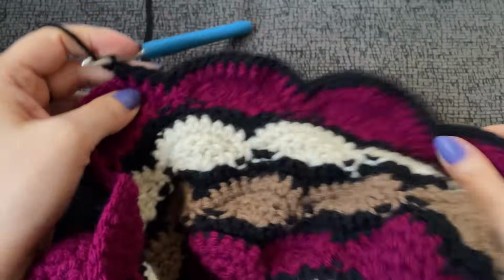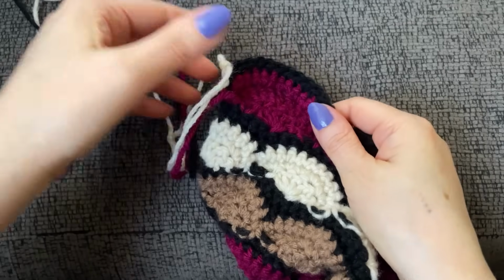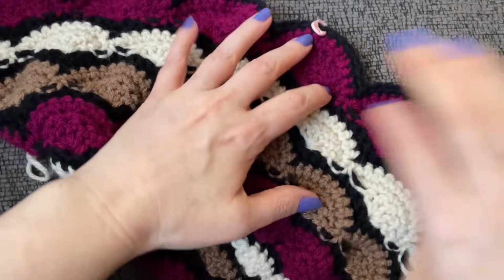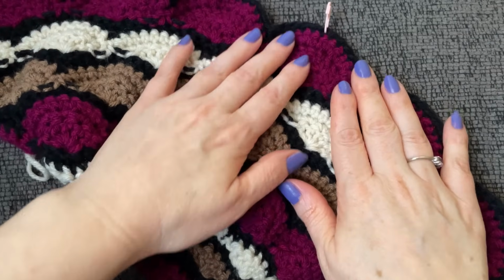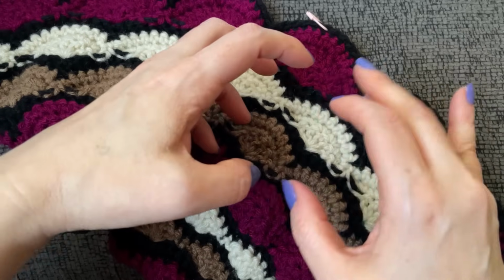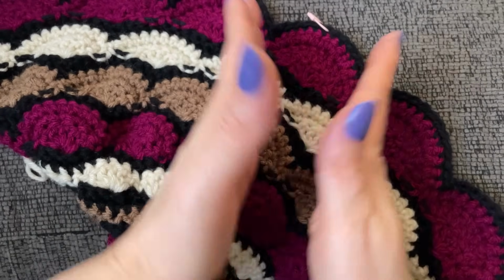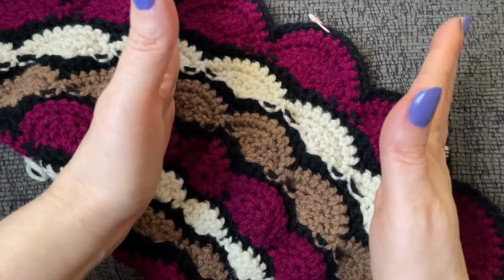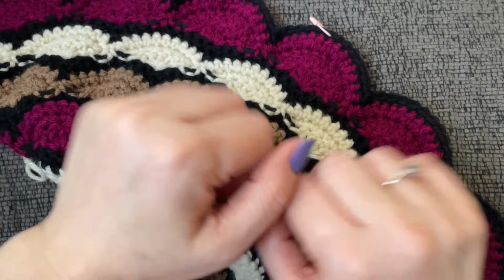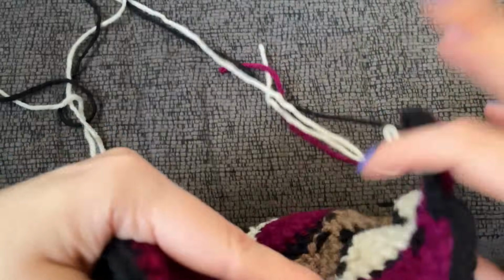I'll be right back. Okay, so I added the cream, but I don't think I'm actually going to need to use it because the only thing that we're really doing here is skipping stitches mostly. It's not that we're going to be doing any kind of fancy extra stitching. I don't know what I thought it was going to be, but what I will recommend that you do